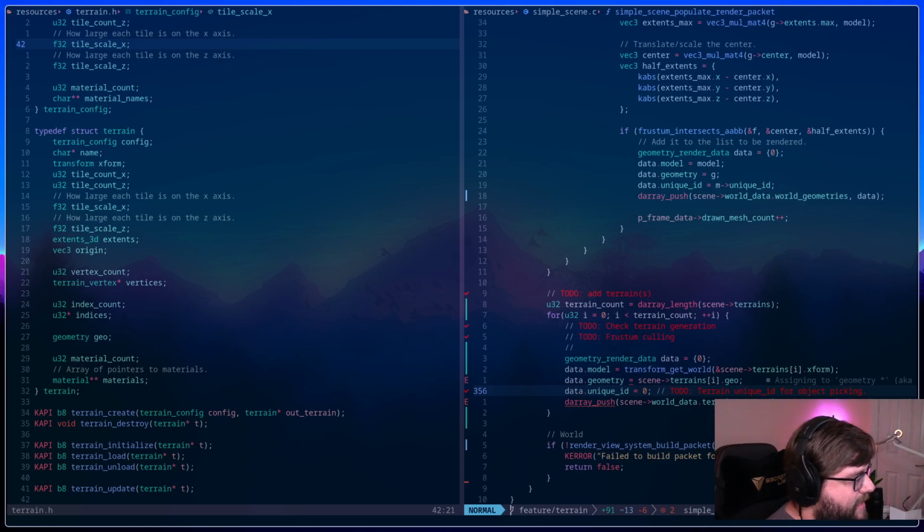And right now I'm in the process of adding terrains to the game engine. So I have a couple of things broken here, so I should be able to patch things up really quickly and be able to show you what we have so far, at least as far as